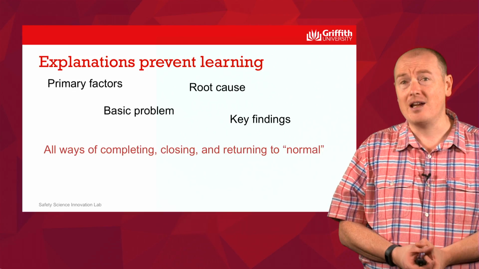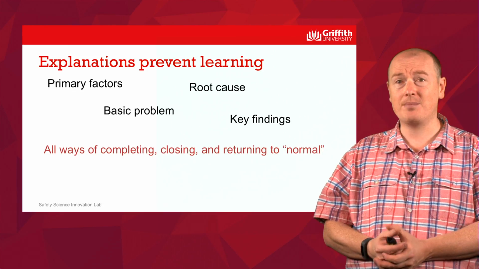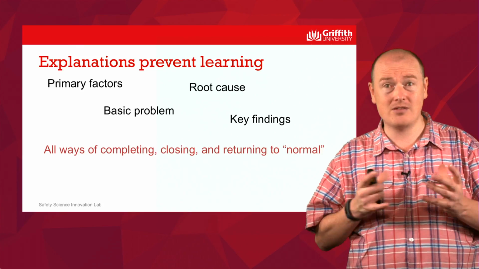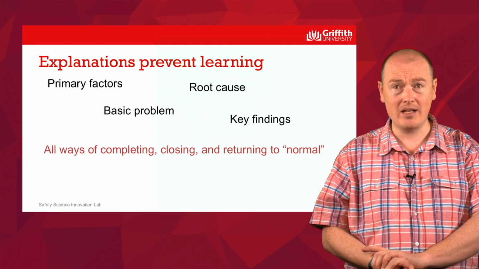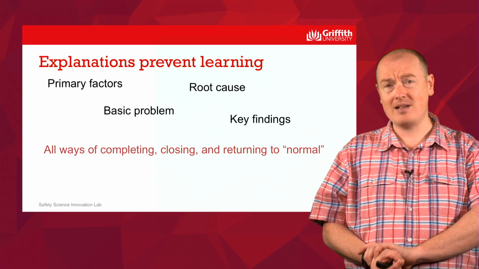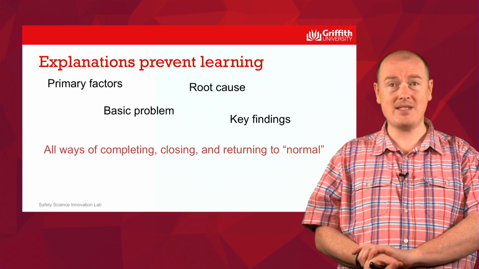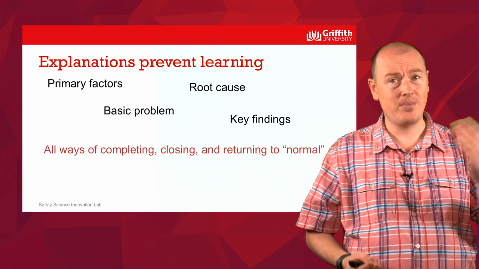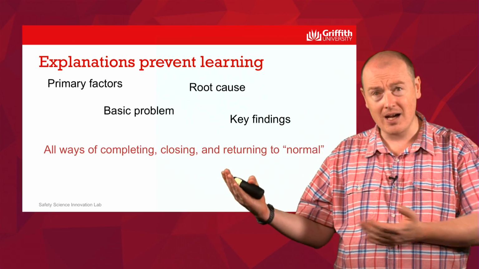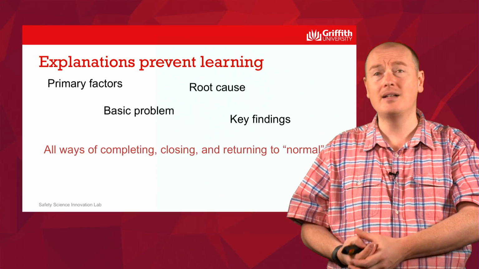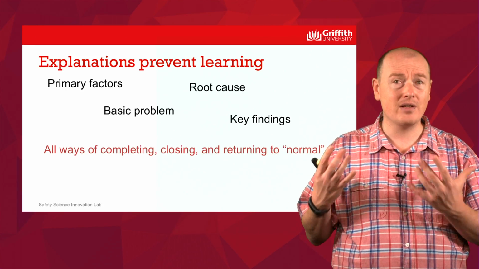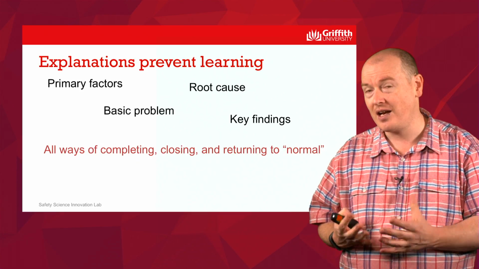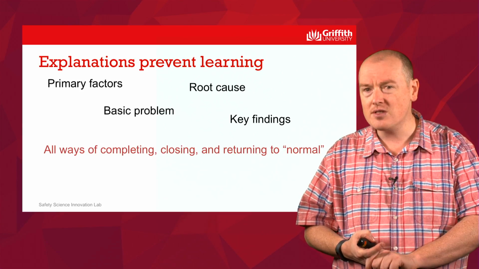Now, that may be fine because it may be that all we want to do is apply a set of categorical labels to the past. And there's nothing wrong with this. Some of these categories are really quite useful. It may be, for example, that we need to determine whether this was an accident that happened covered by the insurer, covered by work cover, covered by the employer. Those sorts of explanations are necessary. They're necessary for legal purposes, they're necessary for financial purposes, but they're not useful for learning.